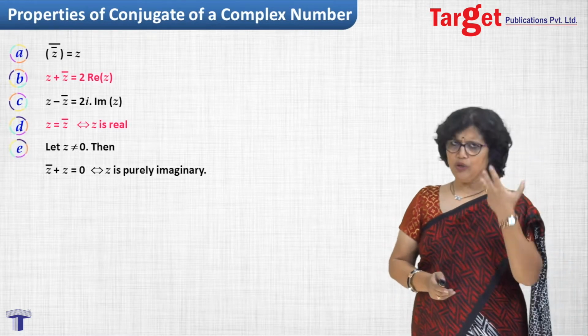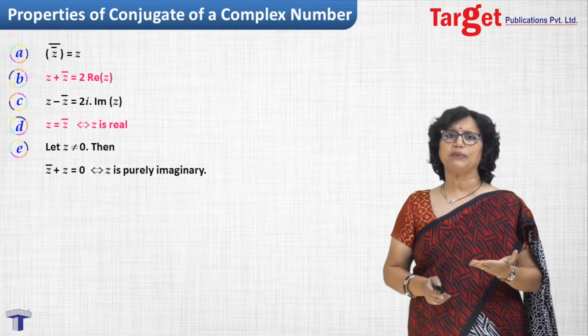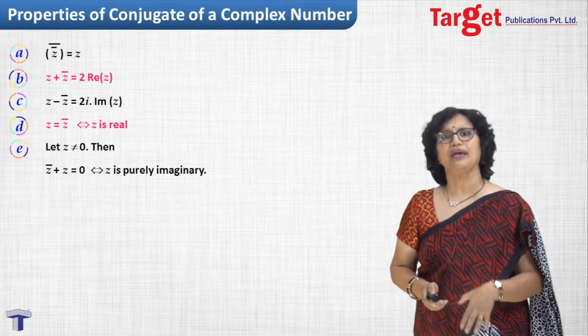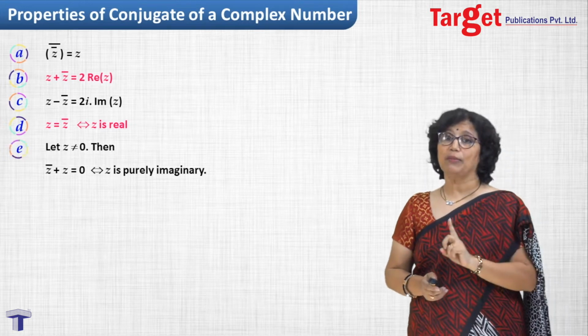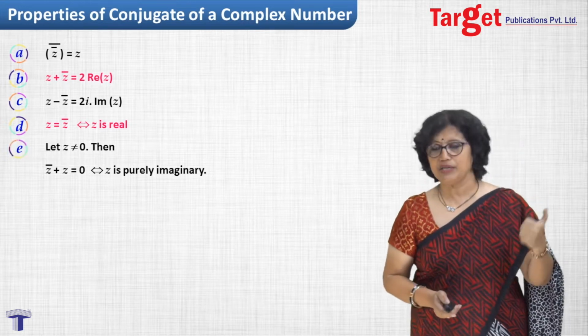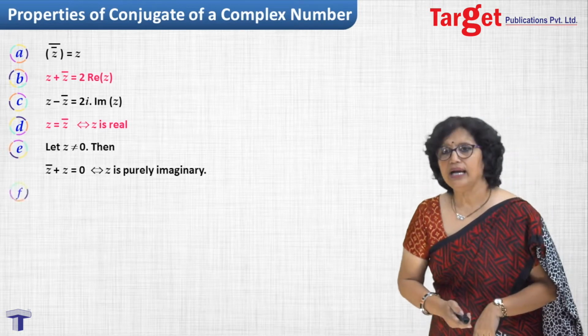Now, will you work out yourself? Start with z equal to a plus ib. Write z bar as a minus ib, add them together and see what happens. You get the answer z as purely imaginary, meaning the real part must be nothing but 0. Now I move further, and next one is